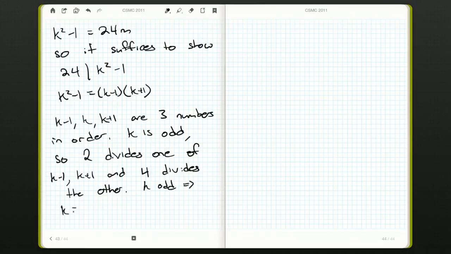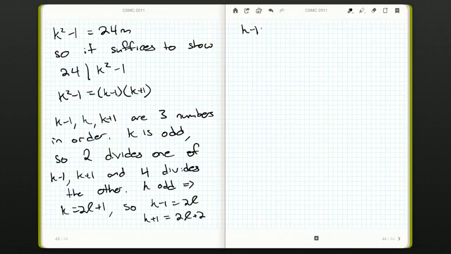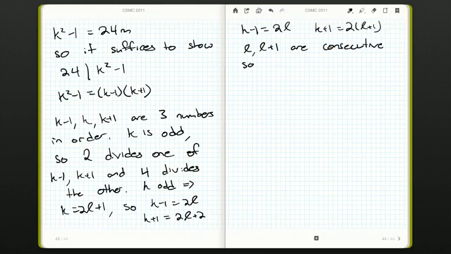Okay? The easiest way to show that is k odd implies that k is 2l plus 1. So k minus 1 is equal to 2l. K plus 1 is equal to 2l plus 2. K minus 1 is equal to 2l. K plus 1 is equal to 2l plus 2. L and L plus 1 are consecutive. So one is a